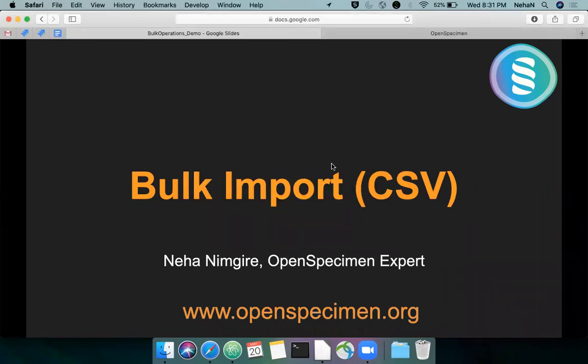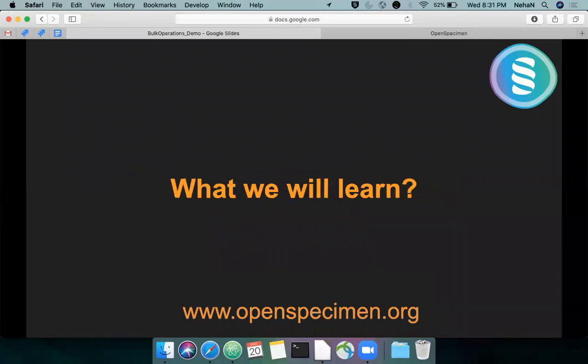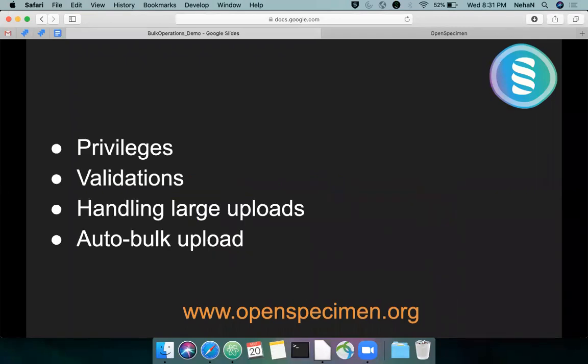So we will be learning about the bulk operations today. So what will we learn today? We learn about the privileges, the users who can do bulk imports, how the validations work in OpenSpecimen, how to handle large bulk import files, and how to do auto bulk import,